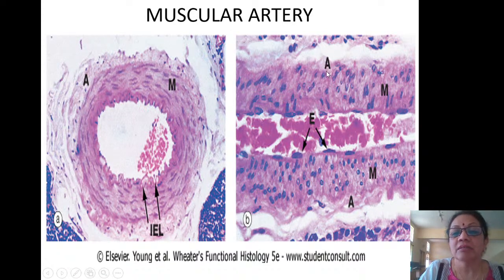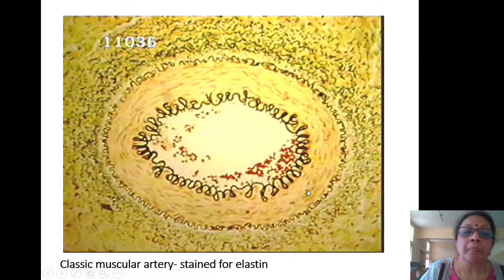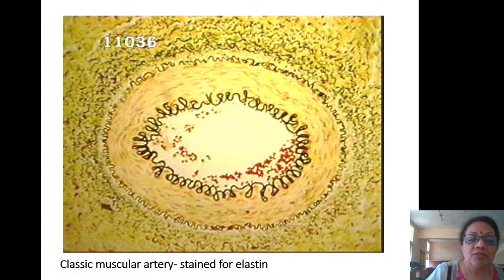Adventitia is very little, right? Media is a lot, and E is the endothelium of the lining vessel. This is much higher magnification. So if you stain it for elastin, you see this beautiful internal and external elastic lamina nicely outlined, and there doesn't seem to be any elastin in between the smooth muscle fibers of the tunica media, whereas in the elastic artery